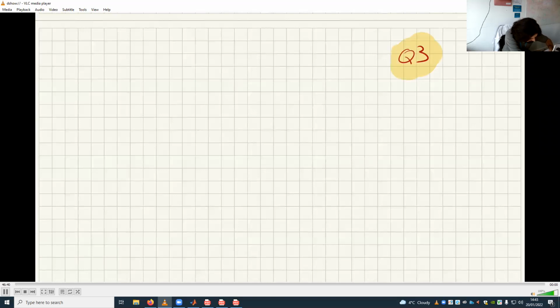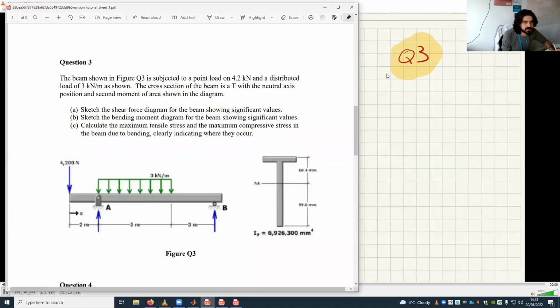Let me draw the beam here first. And then, let me put it so I can see it. So while I draw this, you can draw this as well. I need this on top, otherwise. So we have 2 meters away. So 2 meters away, there is a pin